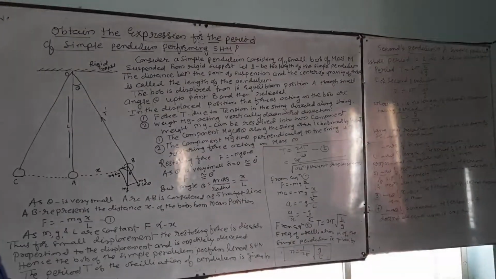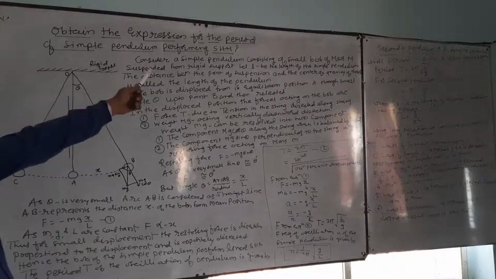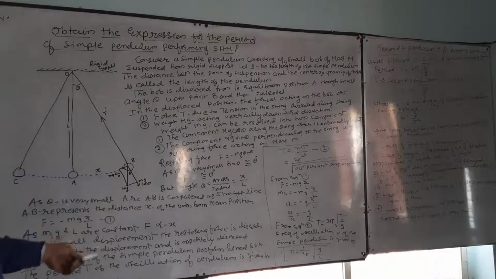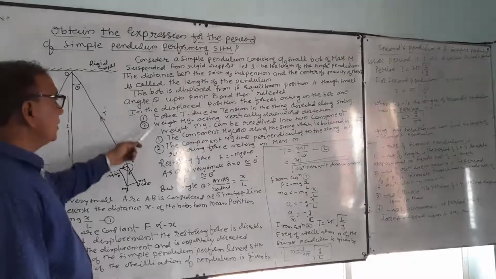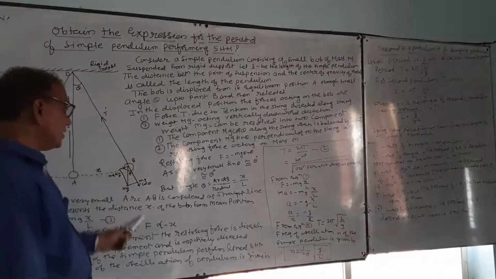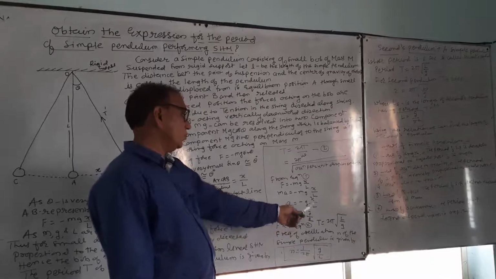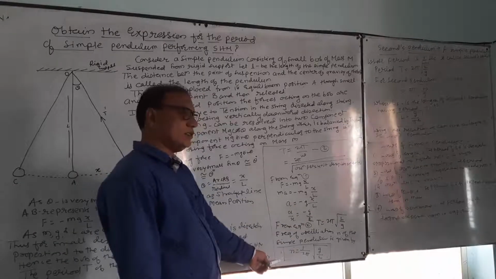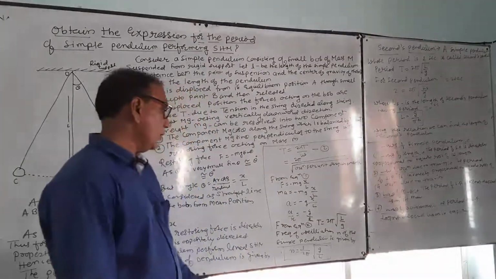Today we will discuss 3 important points. First, expression for the period of simple pendulum. In that case, first we have to draw this diagram, write the description, definition, equation, and finally period T of the simple pendulum. T is equal to twice pi under root L by g, and frequency of oscillation of simple pendulum is given by n is equal to 1 upon twice pi under root of g upon L.